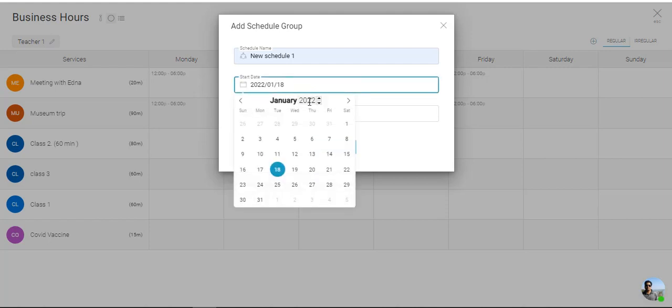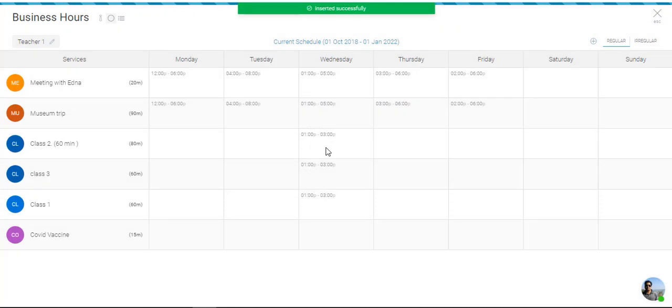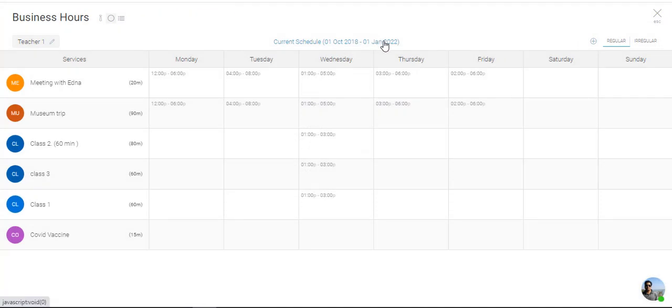So what I need to do is I need to select 1st of February. As soon as I do that, I can now click on create. Once I click on create, I have two schedules now. Now right now it's on the current schedule. As you can see, you click on that and you